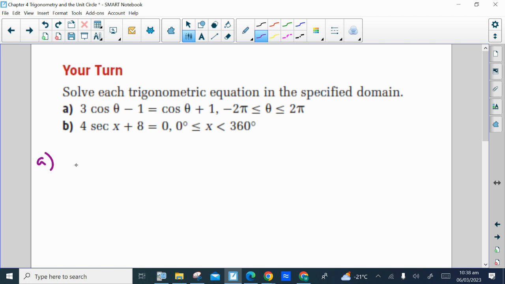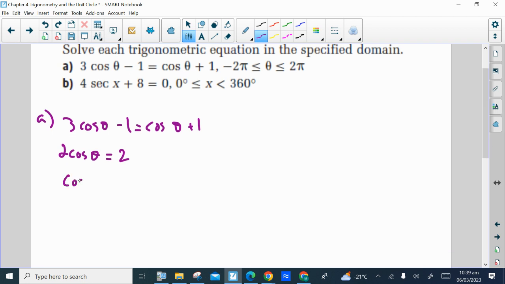For question A, there's no squareds here, so we can just get cosine theta by itself. If I start by writing out the original equation again, if you subtract cos theta from both sides, it'll give us 2 cos theta on the left. Adding 1 to both sides gives us 2 on the right. Then dividing by 2, we'll get the cosine of theta equals 1. And so again, if we look on our unit circle here,